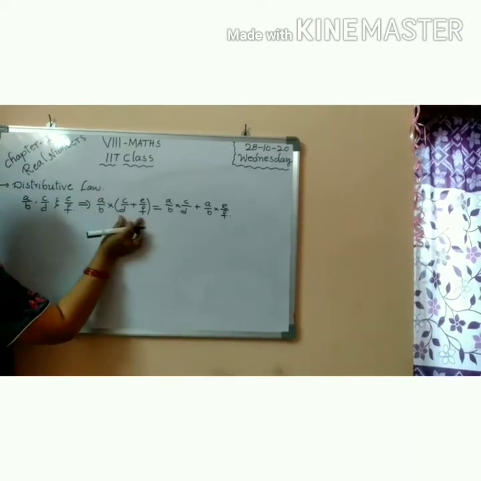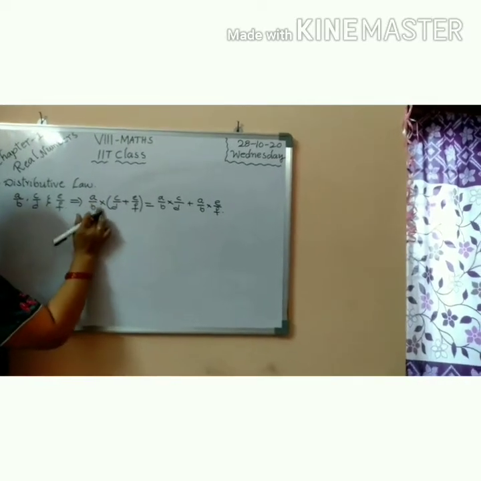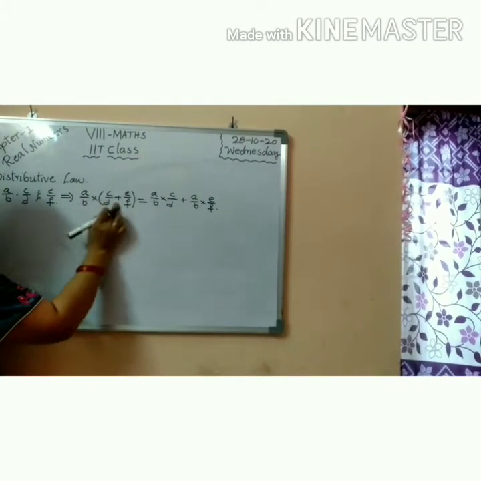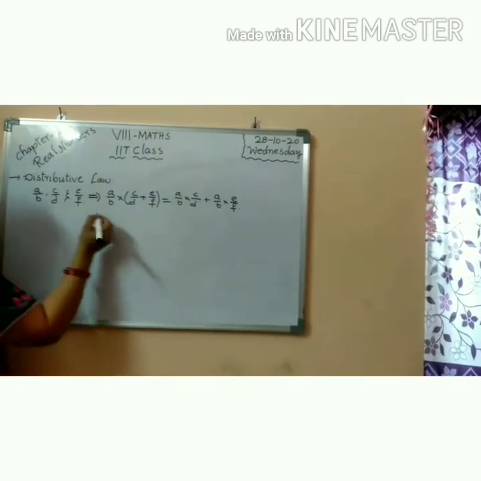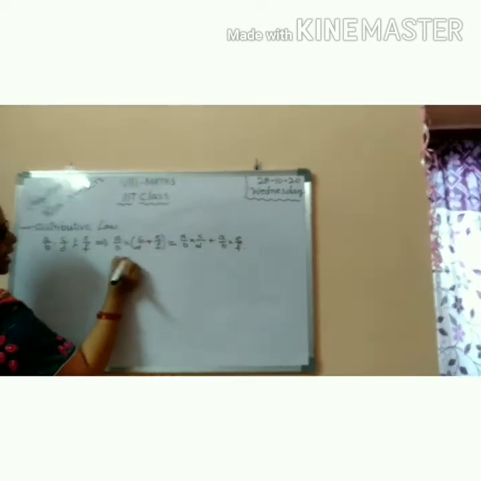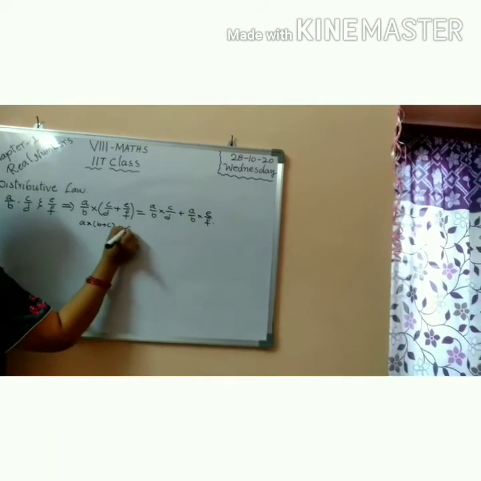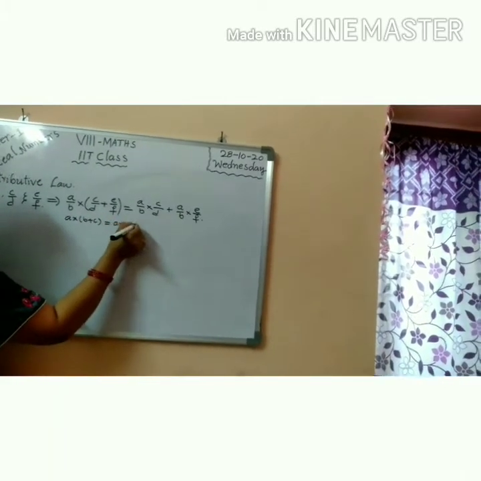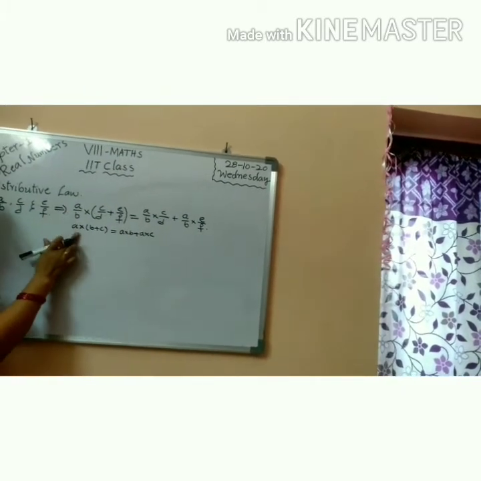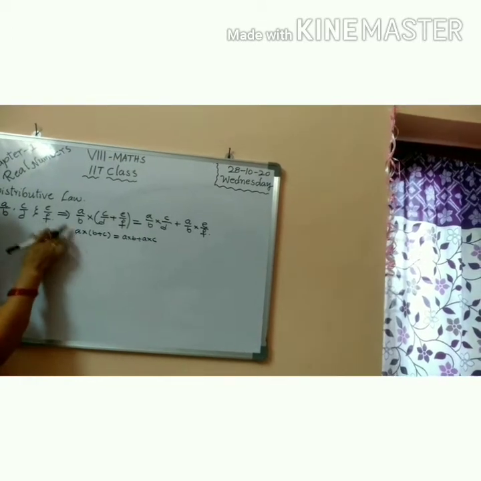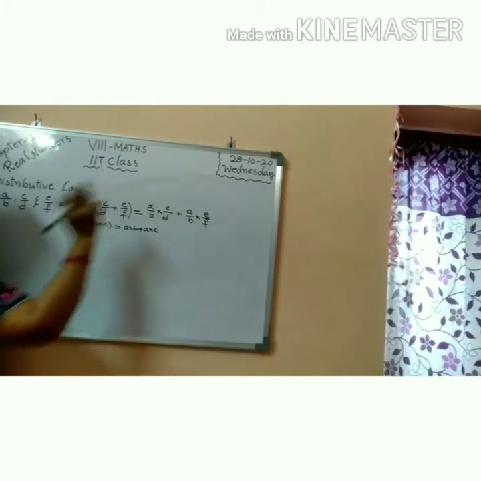So in this case, in the group of elements, multiply a/b by each and every term: a/b into c/d, plus a/b into e/f. Did you understand? It is the distributive law. In the case of integers, a into (b plus c) is equal to a into b plus a into c. We learned this in the previous class for integers. Same method for rational numbers: a into (b plus c) equals a into b plus a into c. Like that only.